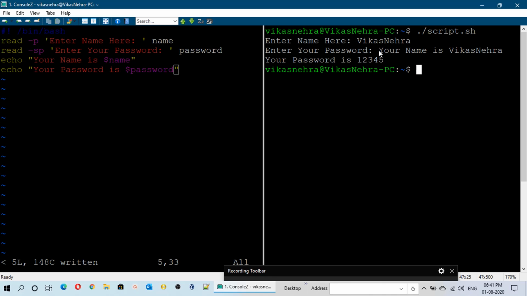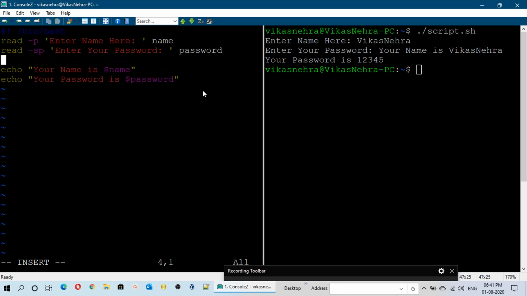Now you can see that it is displaying my name in the password line. So in order to display the password in the next line, what can I do here in the script file on the left side? Just use the echo operator in between. After this password line, just use echo only and save the script.